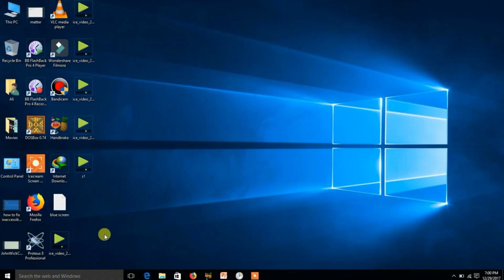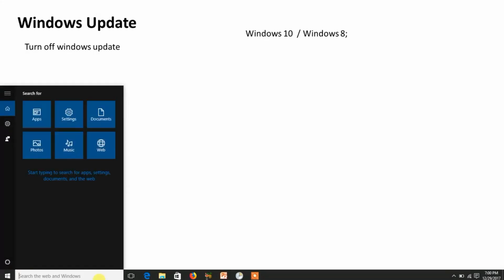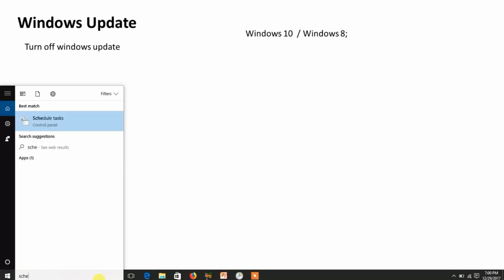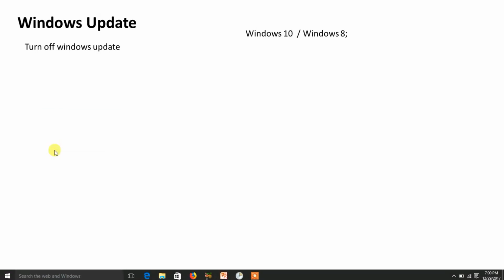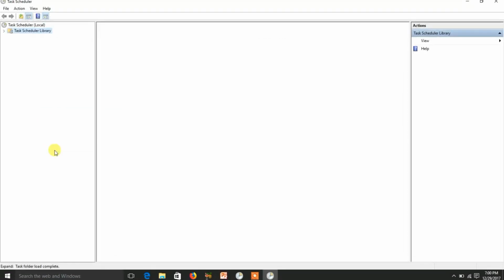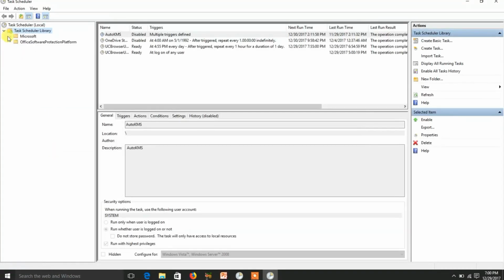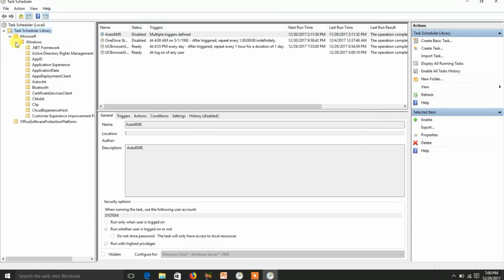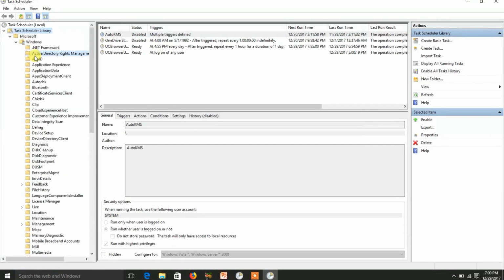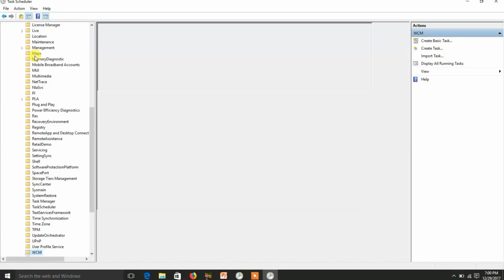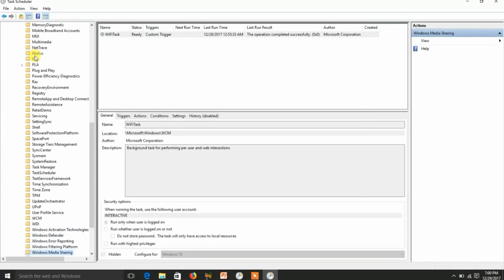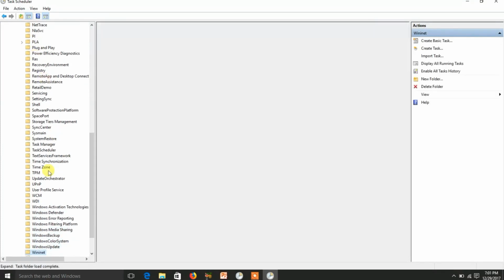Click here. Notify to schedule restart. It's not enough. You again have to go to schedule tasks. Click here. Click on Microsoft. Click on Windows. Now find here Windows update. Here you go.